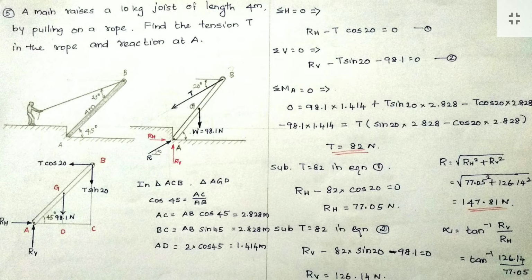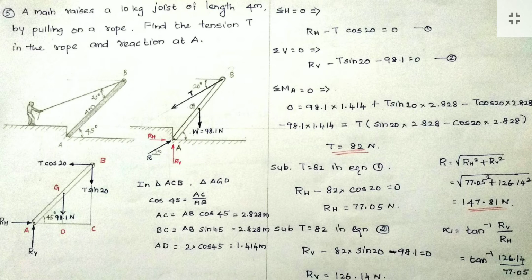For solving this problem, I am going to resolve these forces. This tension force I am resolving into a horizontal component and a vertical component, one towards left, one towards down. So here the angle is 45 degree. So straight line and 45 degree, so this is also total angle 45 degree. Here it is given as 25. So the remaining angle from the horizontal is 20 degree. So the angle with the horizontal is 20 degree. So this is T cos 20 and this is T sin 20.